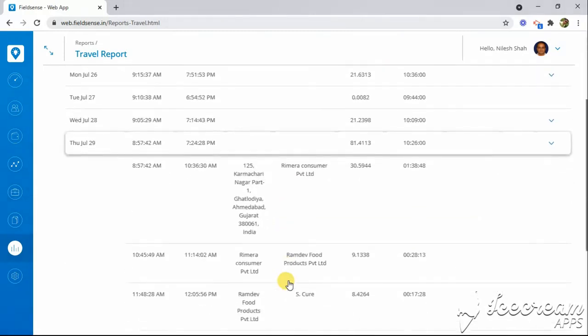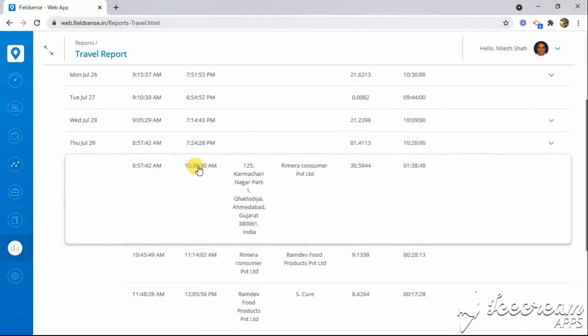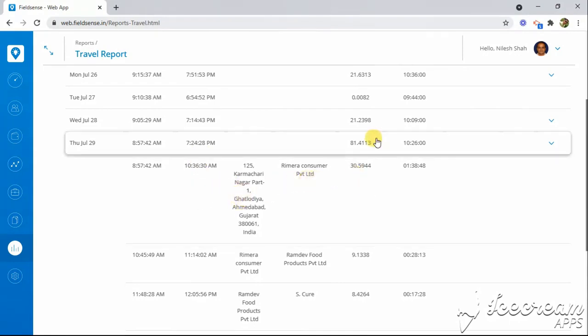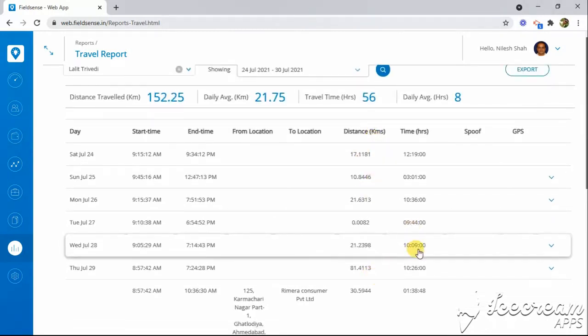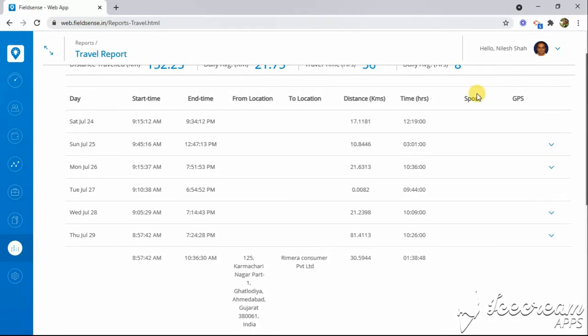You will have a view, like when he has started, the end time. You can see that from A location to B, the total time that he has spent there, the total distance that he has traveled. And spoofing related status you will have. Spoofing means if they are trying to generate a fake location, you will have an indication here.